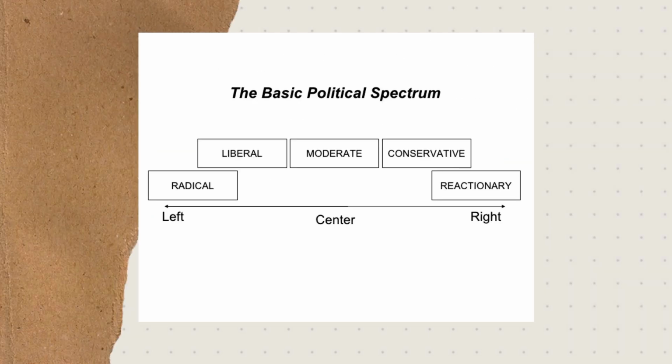Now, imagine a spectrum. On one end, left ideologies, the more radical, if you will, like socialism, generally favor more government involvement in society to promote equality. On the other end, right ideologies, which are the reactionary ones, generally favor less government involvement, emphasizing individual liberty and tradition. So most people and parties fall somewhere in between. These ideologies form the basis of political parties, which are basically teams that try to get their players into government, putting their ideas into practice.